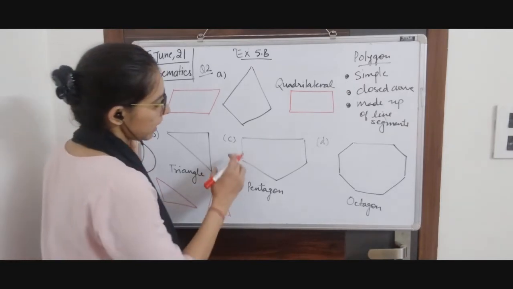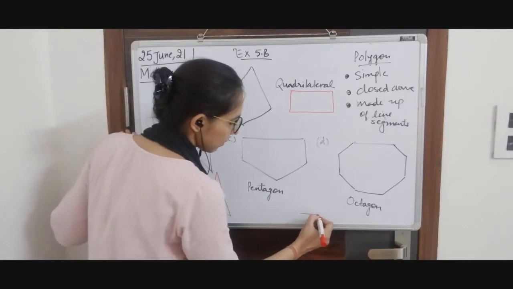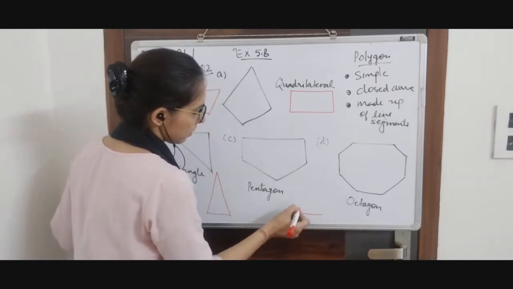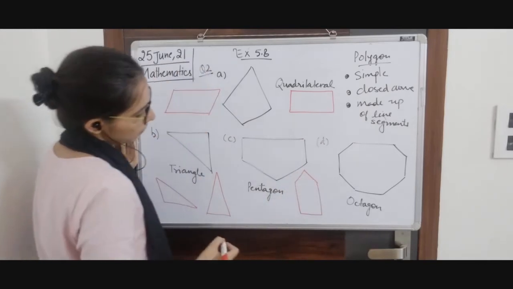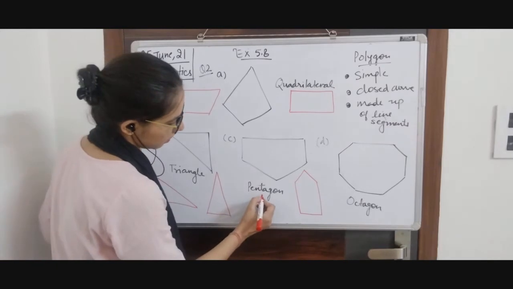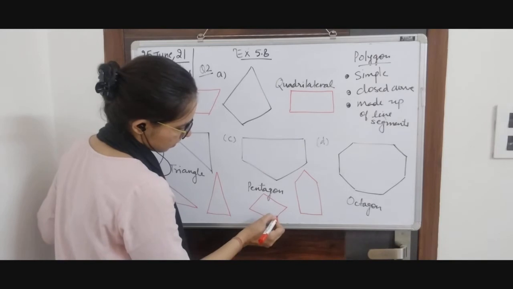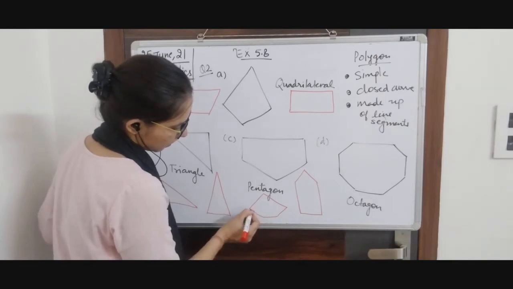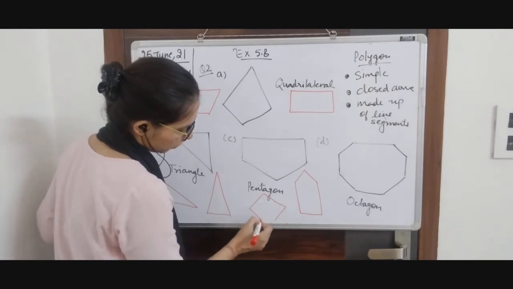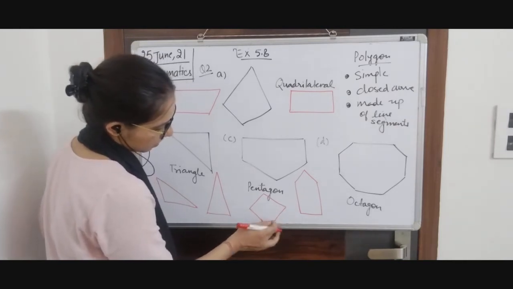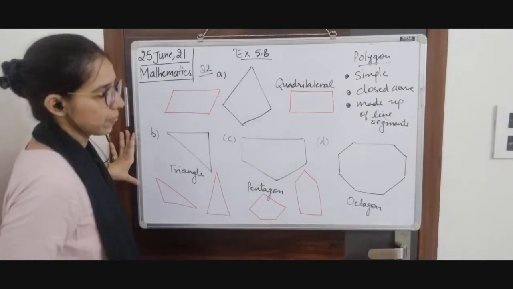Then pentagon. It has these sides smaller than this side. I can make a bigger one, a smaller side, then a bigger one, and like this. This is also a pentagon. Or you can do this, and this. It is also a pentagon. You just have to make 5 sides and a closed figure. It will be a pentagon. It is not that neat, but I guess you are getting the idea.